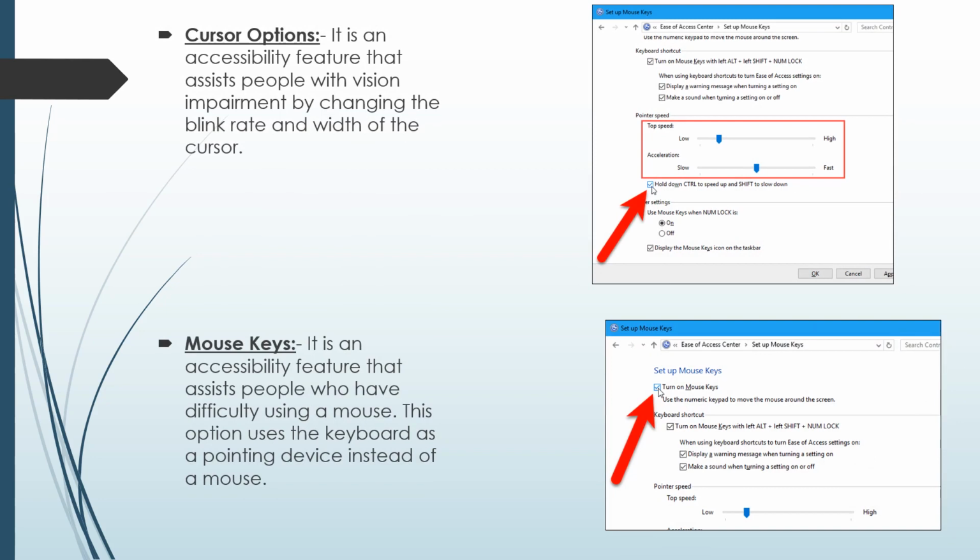Cursor option. It is an accessibility feature that assists people with vision impairment by changing the blink rate and the width of the cursor. Means this option works for visually challenged persons by changing the blink rate of the cursor. Then again, what is the cursor? The cursor is a vertical line which blinks on a screen.